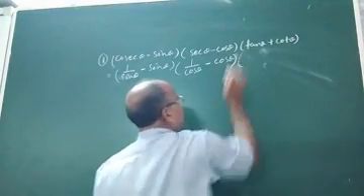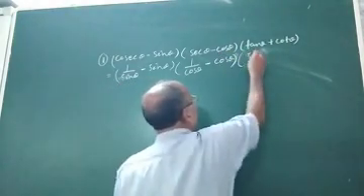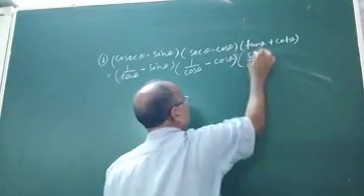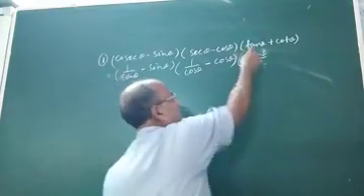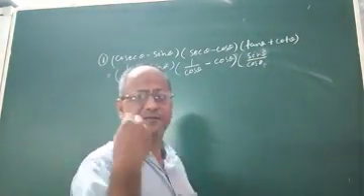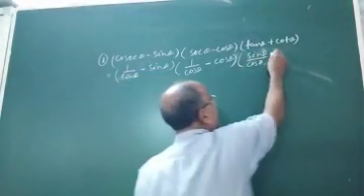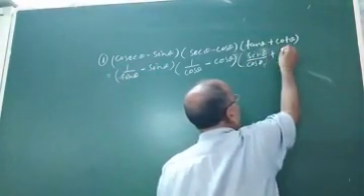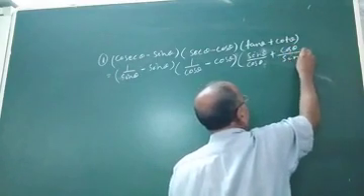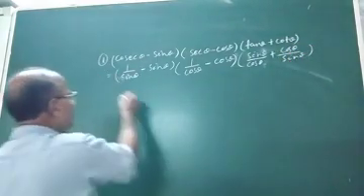Now see, this tan theta, you express it in terms of sin and cos. So tan theta, when expressed in sin and cos, is equal to sin theta by cos theta. The formula for tan theta in terms of sin and cos is sin theta by cos theta, and cot theta is the reciprocal of tan theta, so it will be cos theta by sin theta. Okay. Now what will be our next step?